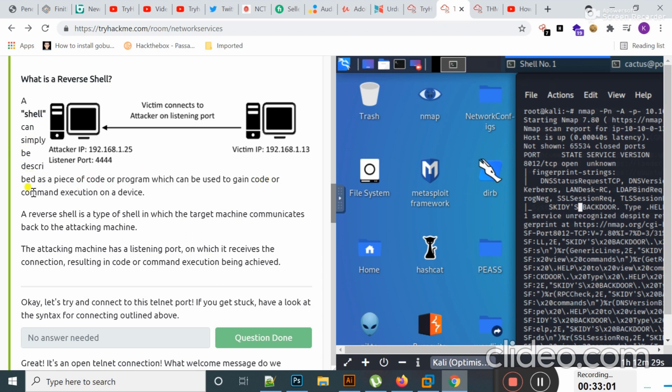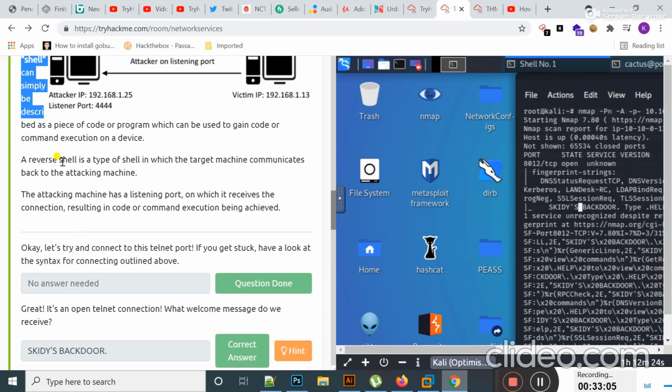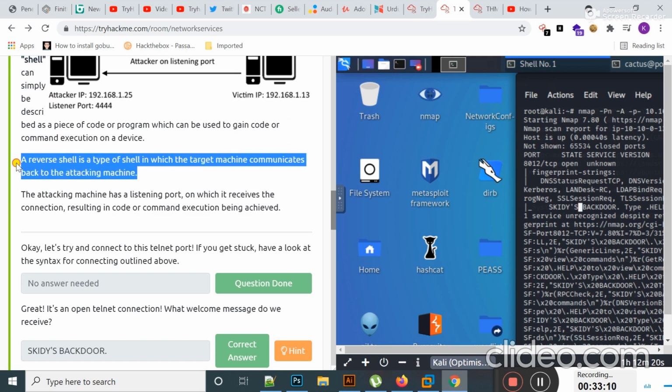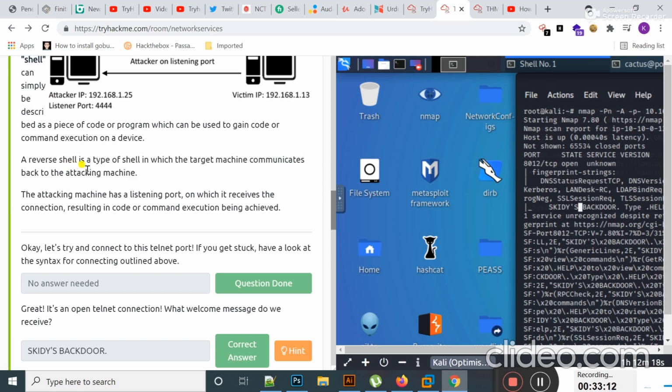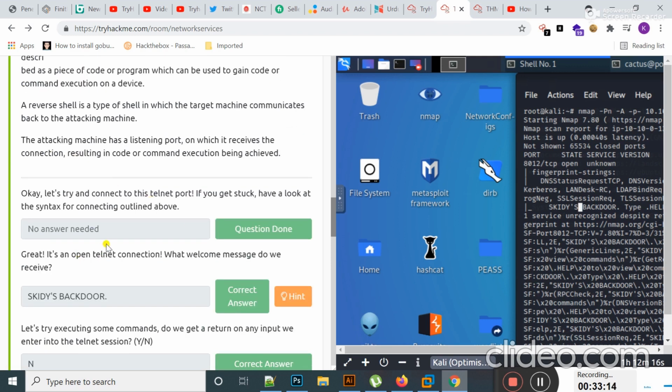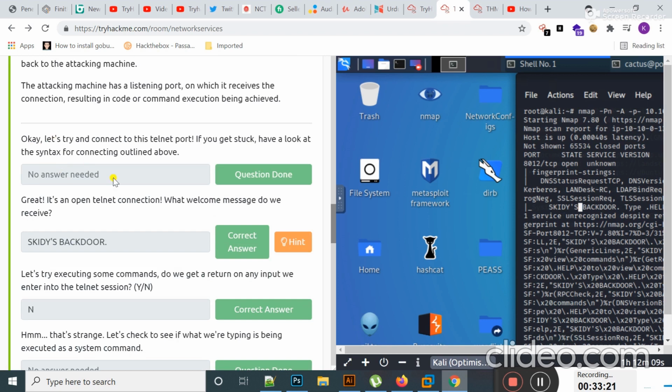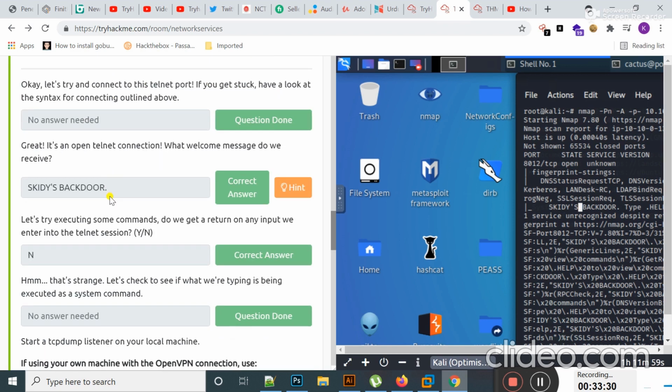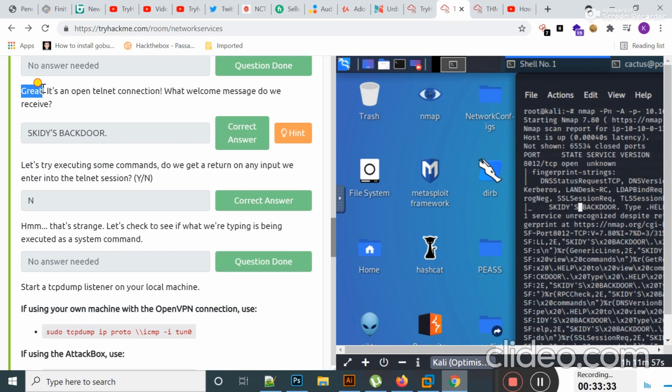What port is this? The port number is 8012. This port is unassigned, but still it's using a protocol. What protocol is this? Here you can see, guys, that this port is using the TCP protocol. Okay, now rerun the nmap scan without the -p- switch. I should remove this switch and hit enter.